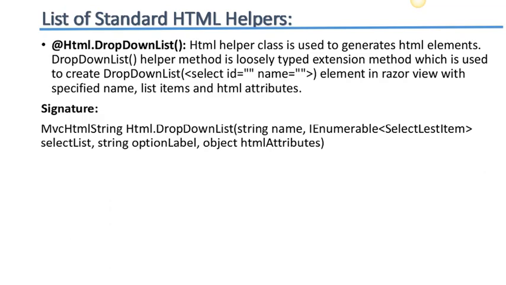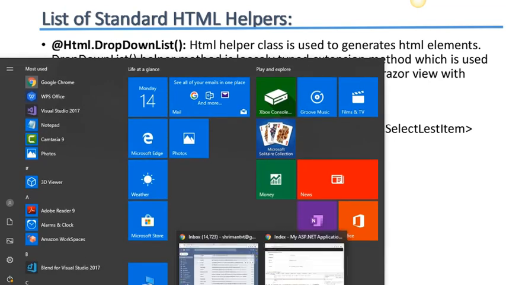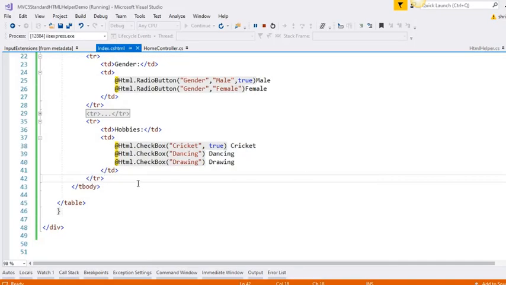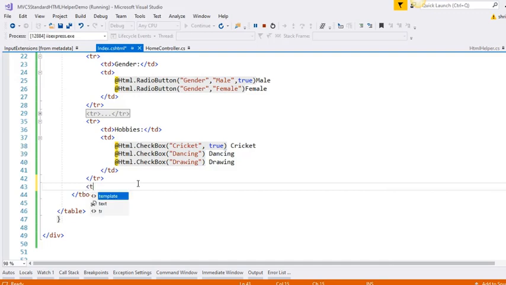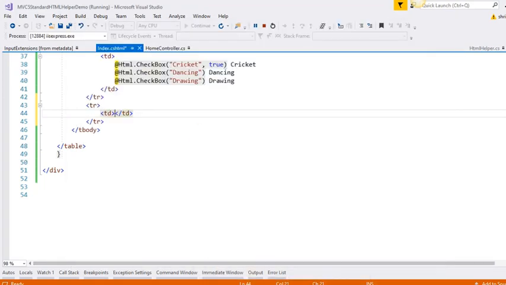So first we will go and create the drop down list. To create the drop down list, create one tr. Inside the tr we will say courses